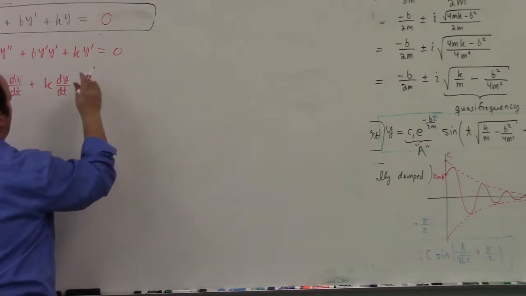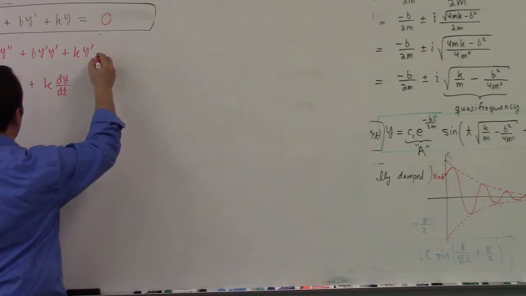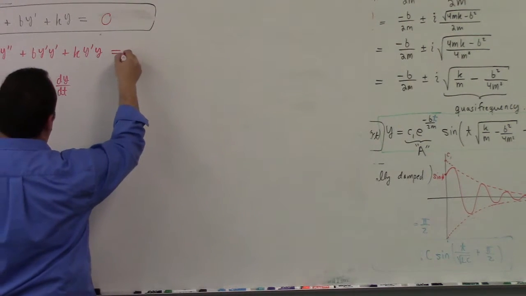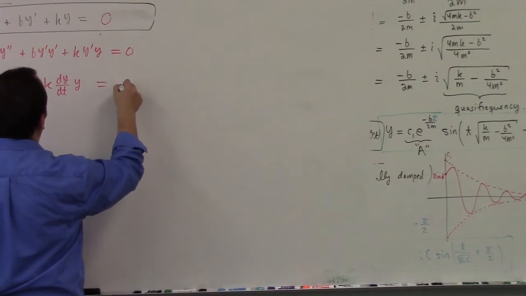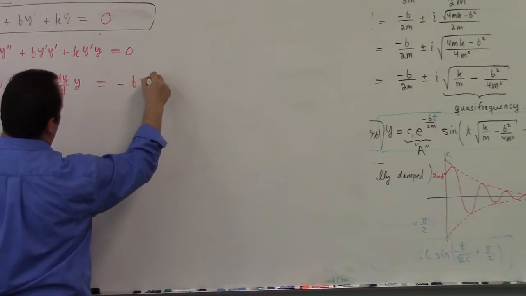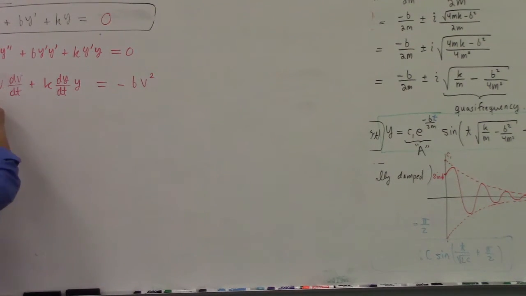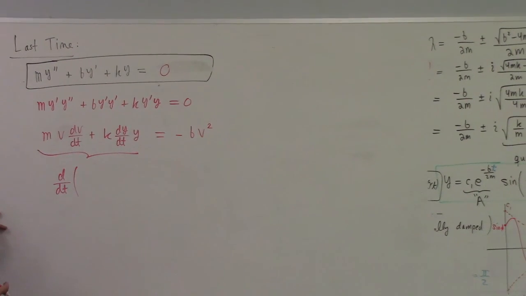All right, and this is equal to what? Minus b v squared. Do the same calculation I did the other day. This is d/dt. Now I did it for a more generic force the other day. We just did it for an arbitrary potential energy, but